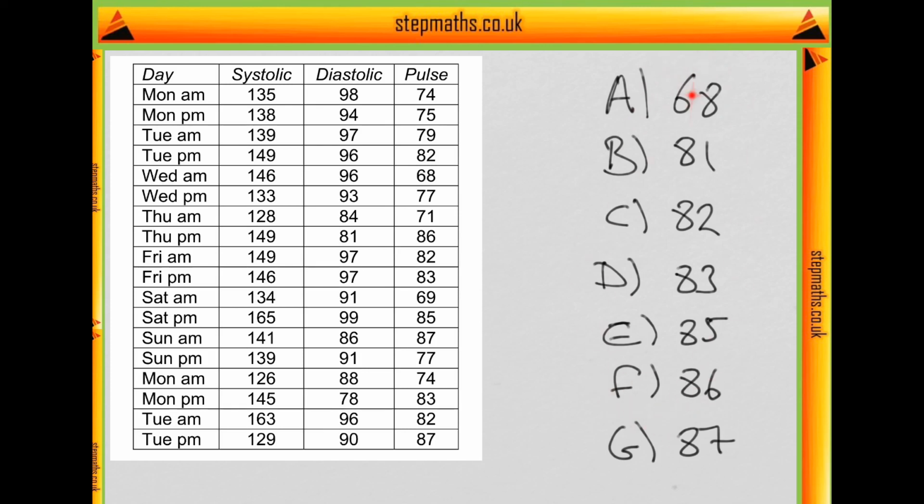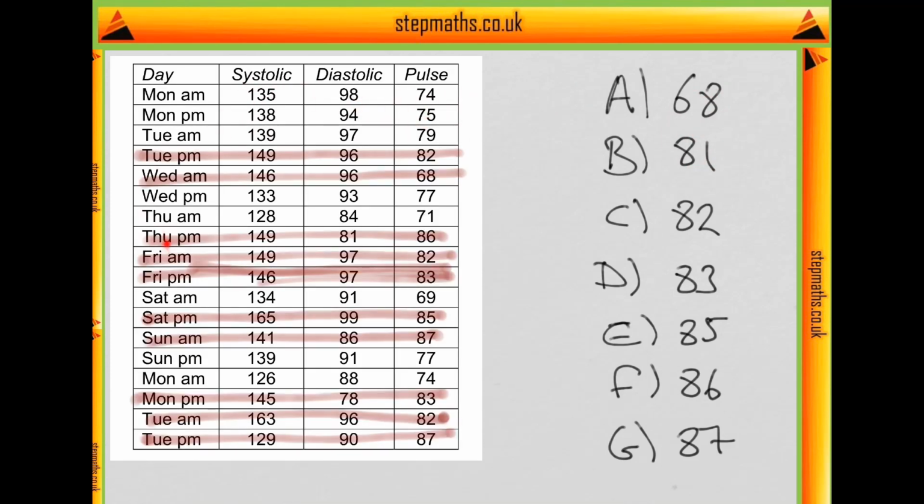7 possible answers here, and obviously it can only be a day on which the pulse corresponds to one of these possible answers. So we can immediately eliminate any day on which the pulse is not one of these options. What I've done here is highlight the options that have pulses corresponding to the pulses within the answers, noting the fact that the 81 here is a red herring, does not actually occur within the pulses available here in the